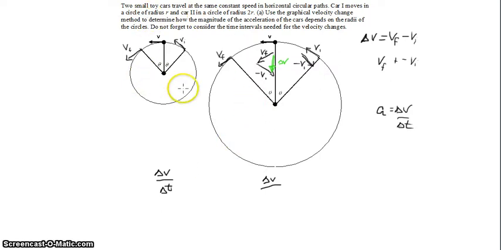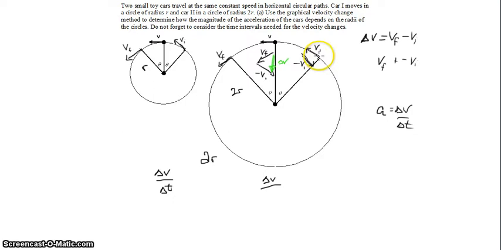So the difference between the first circle and the second circle is if we have radius r, and we make this 2r, so essentially we're doubling the radius, the change in velocity is going to be the exact same. There's going to be no difference between this diagram here and the change in velocity over here because the speed does not change. So the change in direction of the velocity as it travels around the circle will still be the same amount. So these two delta V's are going to be the same. However,